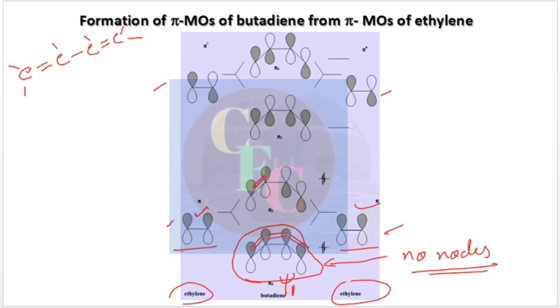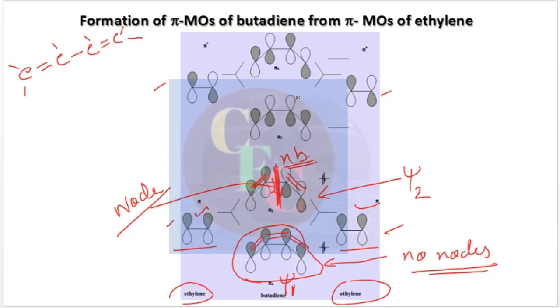There is a bonding situation. Here also there is a bonding situation, but here there is a non-bonding situation. That means here there is a node, right? So here lies the node in the most symmetric position. First node, so this is between C2 and C3. Okay. So this is our node, and we can call it psi 2.